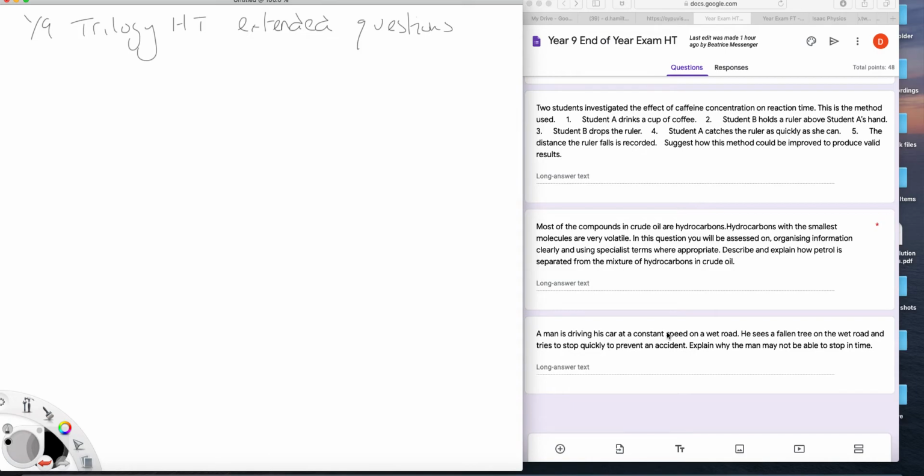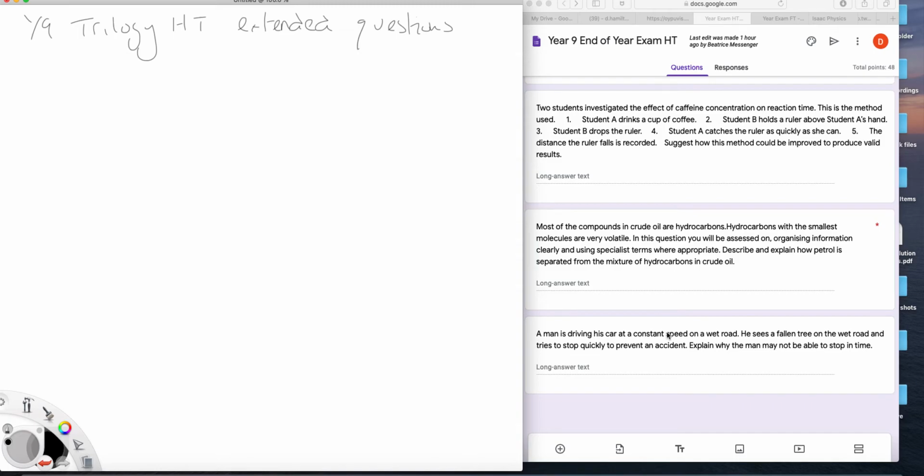So again, you'll see from the mark scheme we have relevant points logically put together. So if you think about the diagram,